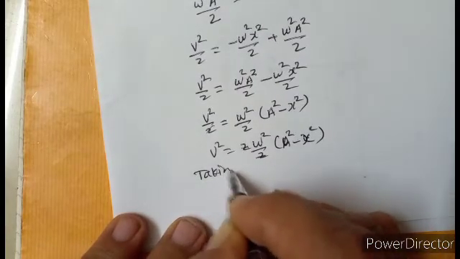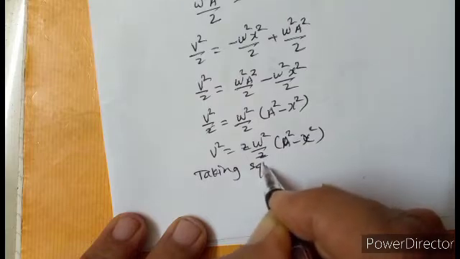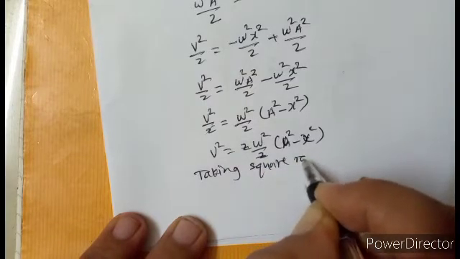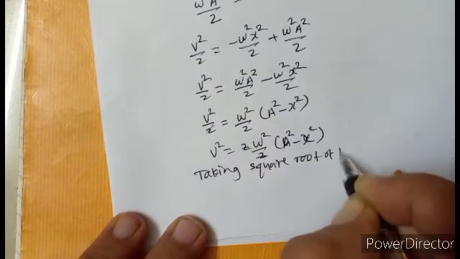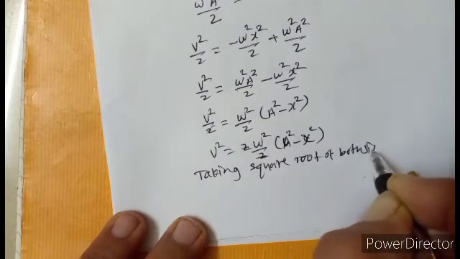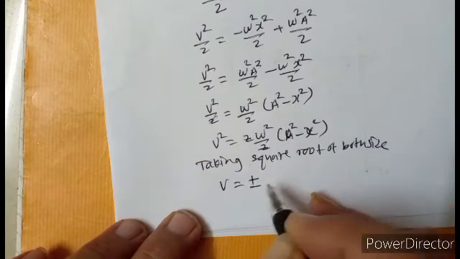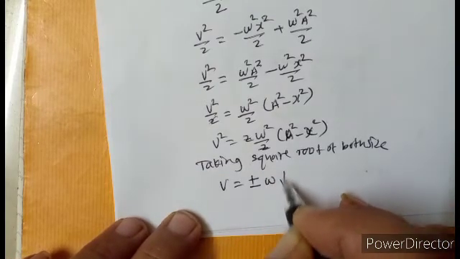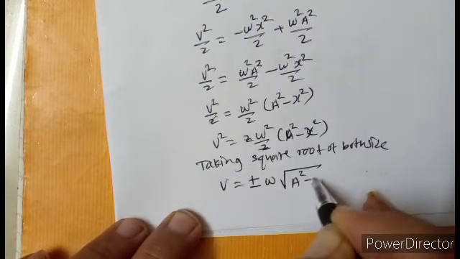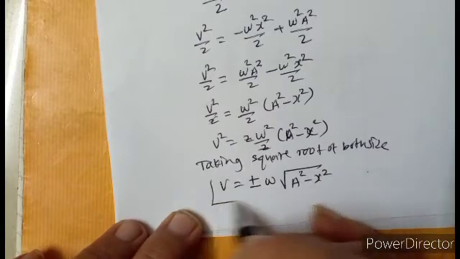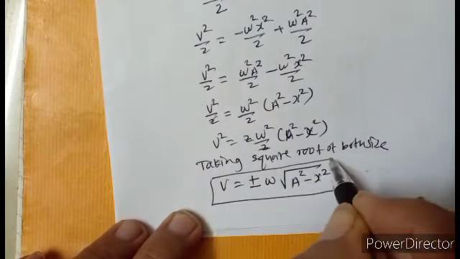Taking square root of both sides, v is equal to plus or minus omega into square root of a square minus x square. It gives you the velocity of